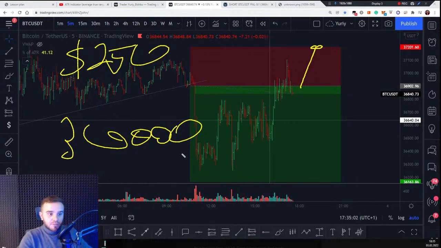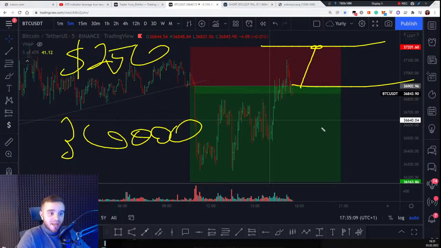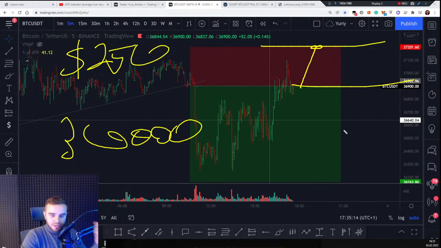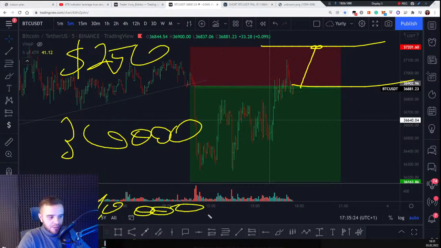Why does that happen? Because, my friends, our stop loss is small, 1%. That's it. Because we use leverage. And where is the leverage in these combinations? Many of you would ask me, okay, Yuri, you told me about three numbers. Imagine you have $10,000 in your account and you decided to take a trade like I did. That means you would use 3x leverage to take such a trade.